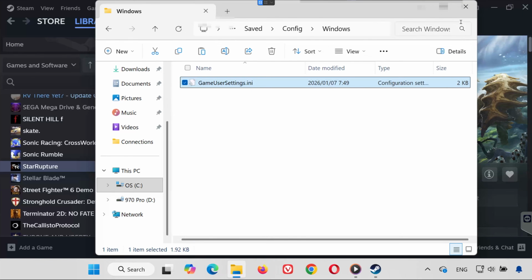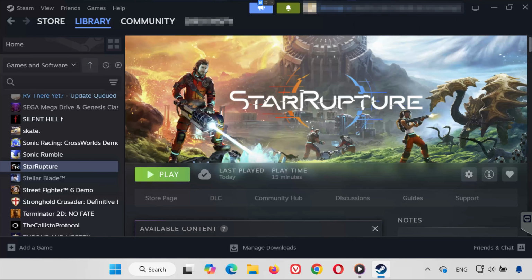And that's it! Now you know where to find both the save files and config settings for Star Rupture on